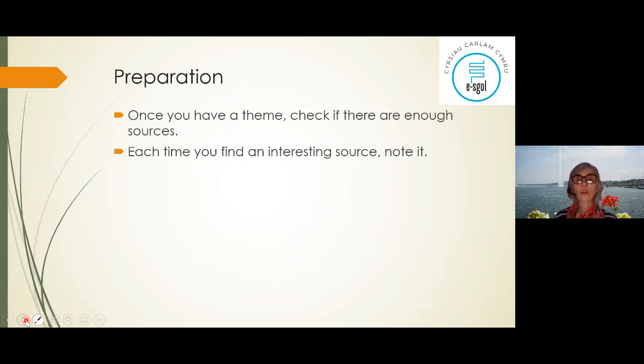And it's also a skill for next year in university. Do that until you finish your studies. Find the source, note it. It's not only useful for French this next month, it's useful for the rest of your studies, in fact.